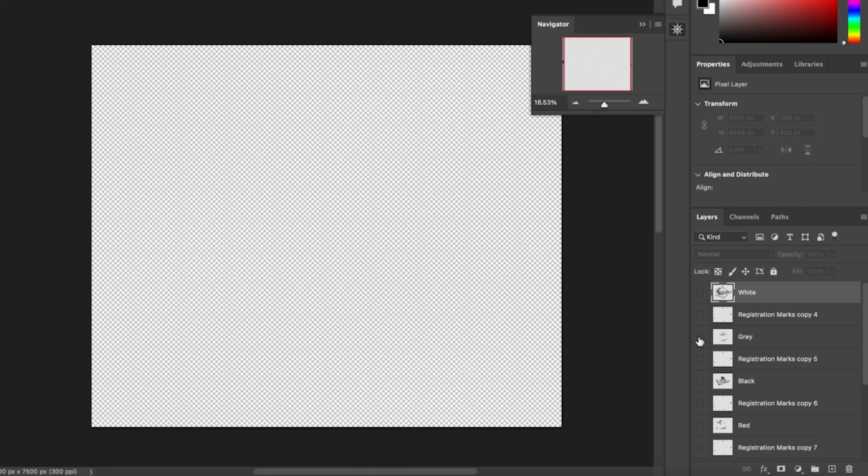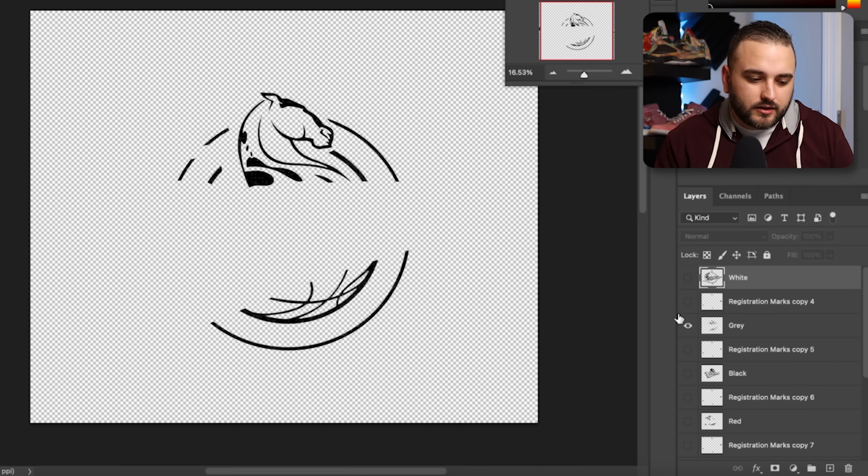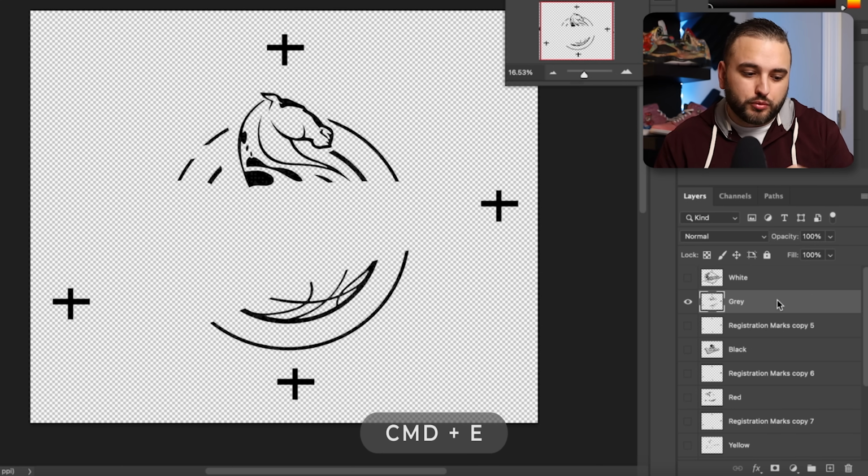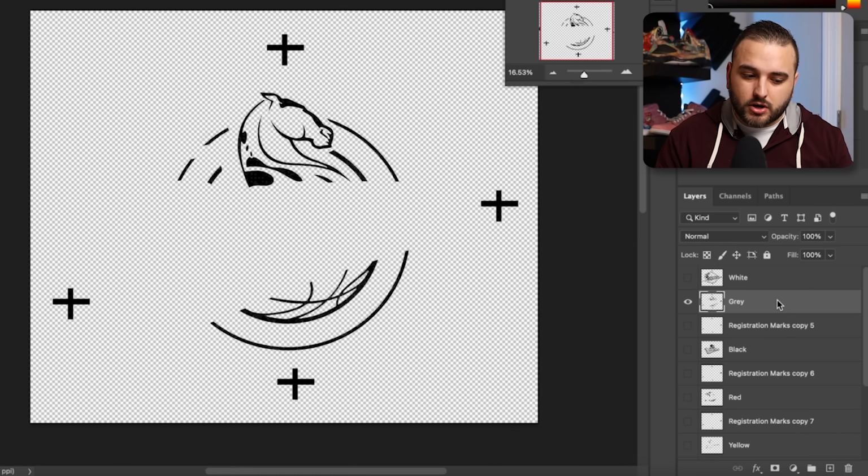So again, doing that with the gray layer here, let's turn that on. You'll see we have just the portions of the image that are gray. If we turn on registration marks copy 4, you can see we have those 4 marks surrounding it. I'm going to select registration marks copy 4 and then press Command E to merge it down, and it's going to merge itself right on top of my gray layer. And what's really nice about doing it that way is it's going to keep my layer names correctly,